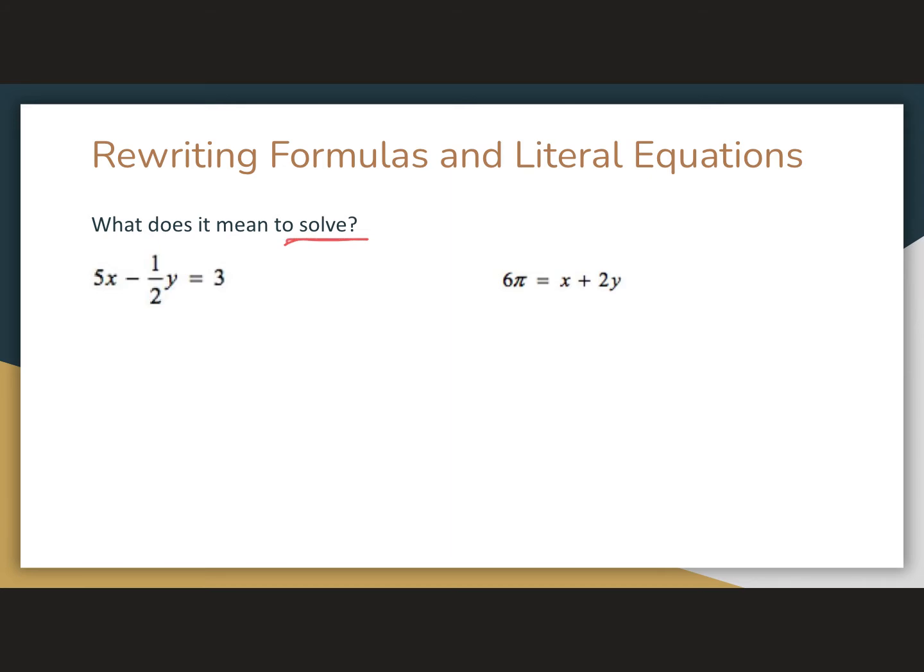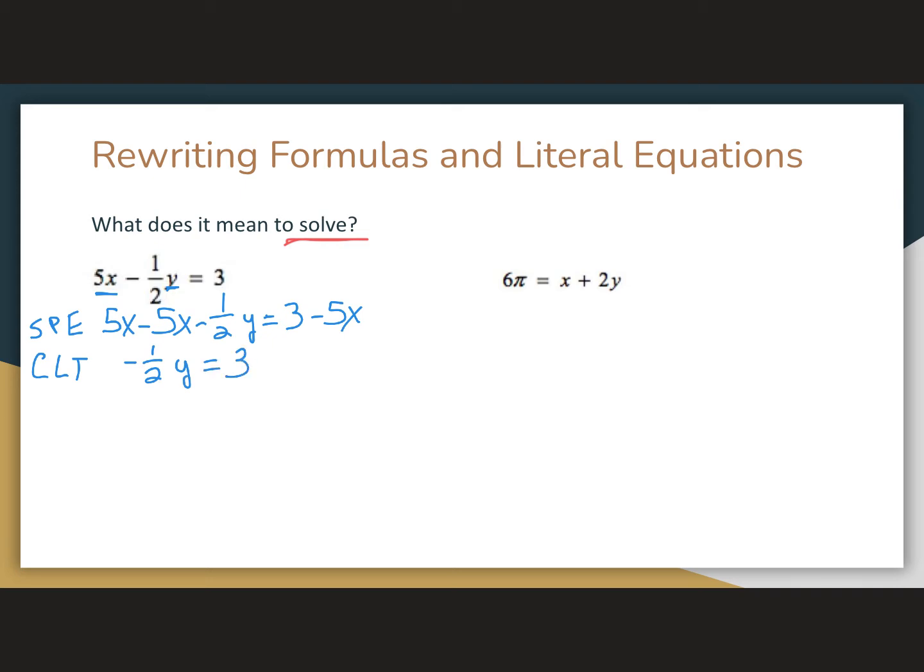Okay, so if I'm looking at this first equation and I decide that I want to solve for y, I need to get y by itself. So the first thing we do is get rid of this 5x. I'm going to get rid of it by simply subtracting it. I'm going to use my subtraction property of equality to subtract it from both sides. So I have 5x minus 5x minus 1/2 y equals 3 minus 5x. When I combine my like terms, I'm left with negative 1/2 y